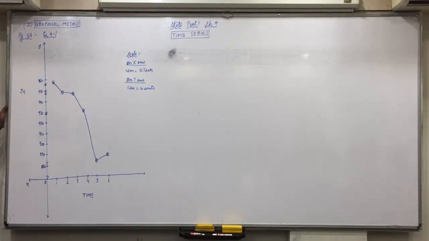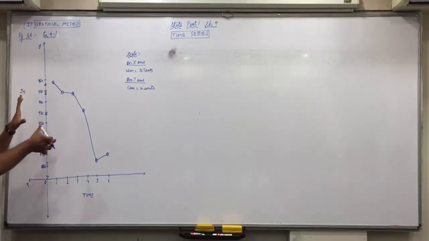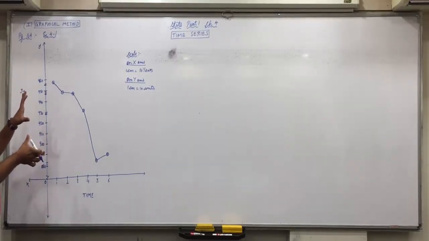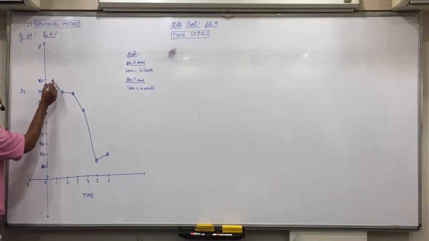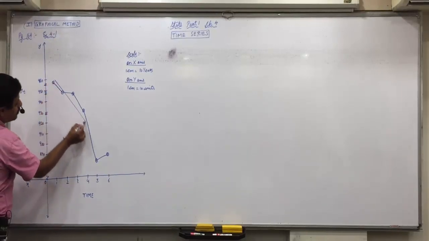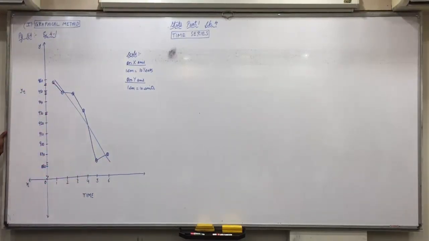In your notebook it's easy to adjust. You will just put the scale and shift it slightly here and there and see that the line passes through the majority of points and passes in between all the points. So fit your scale accordingly and directly make a straight line. Everyone will get slightly different lines, so don't compare your line with others. That is the reason this method has less chance of being asked in exams.